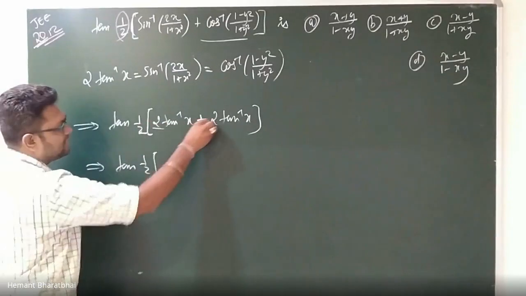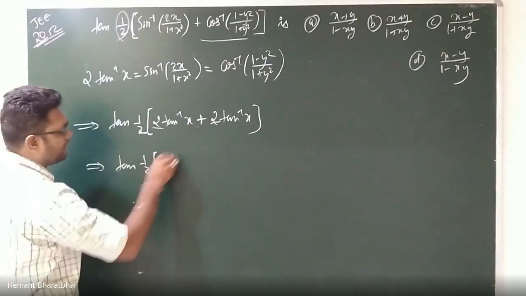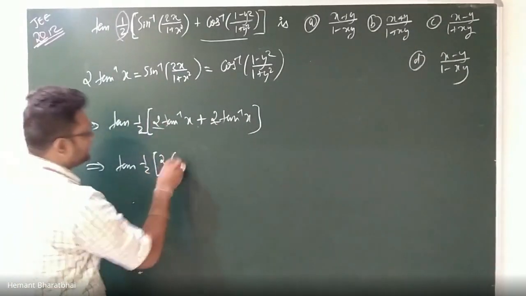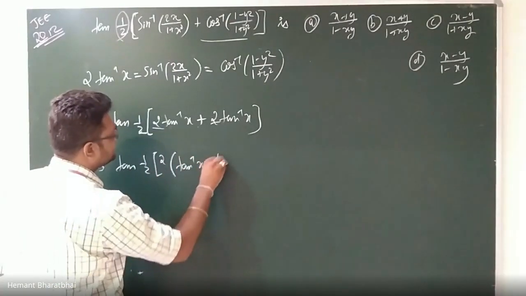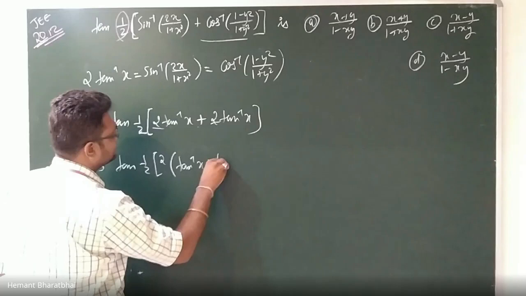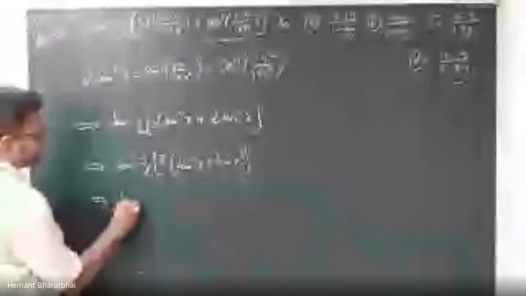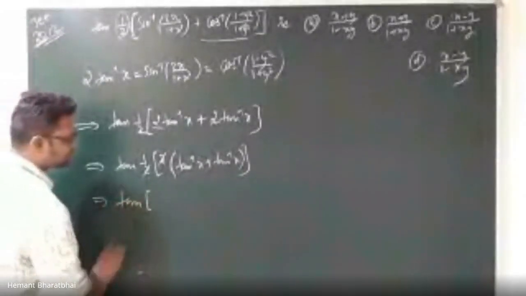Here also 2 is there, here also 2 is there. I can take it common. So here I'll get tan inverse of x plus tan inverse of y. So this 2 and this 2 get cancelled. So I'll get tan